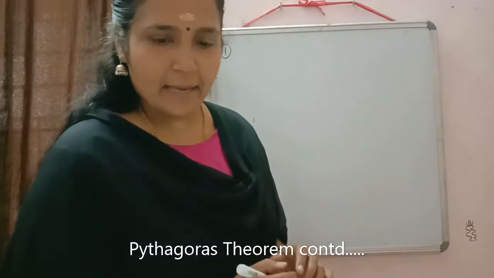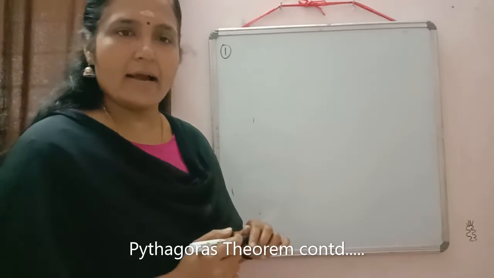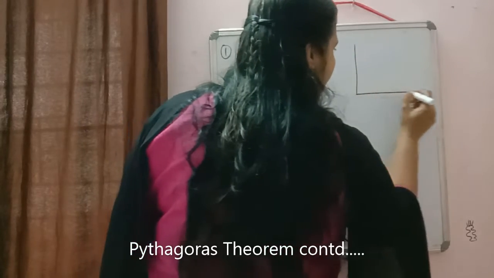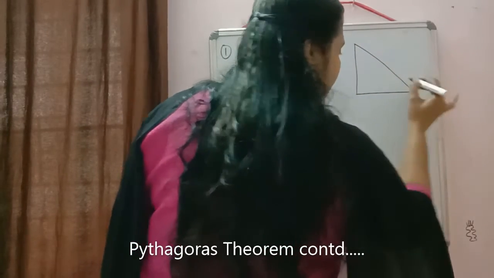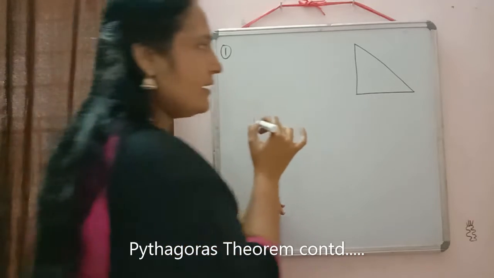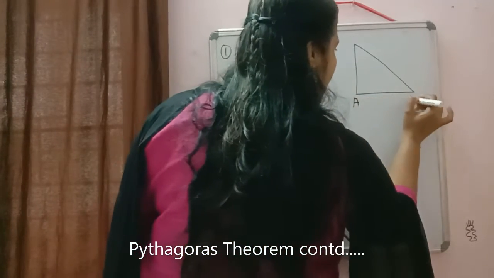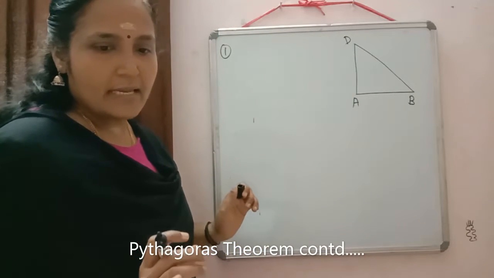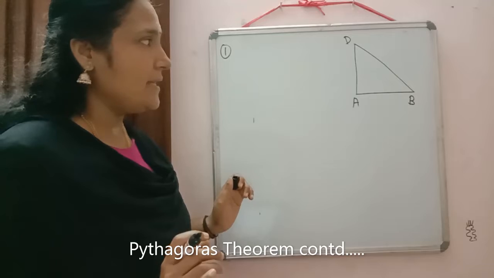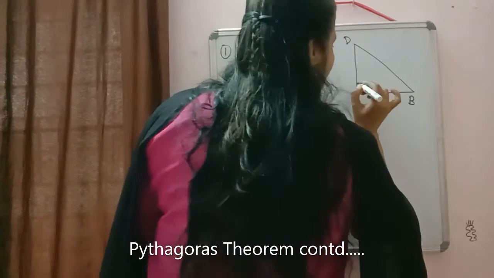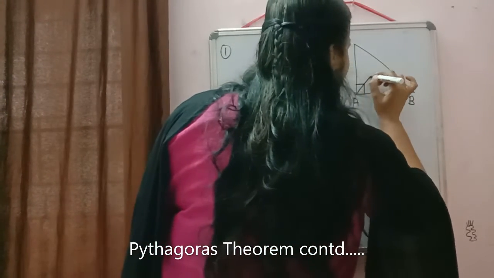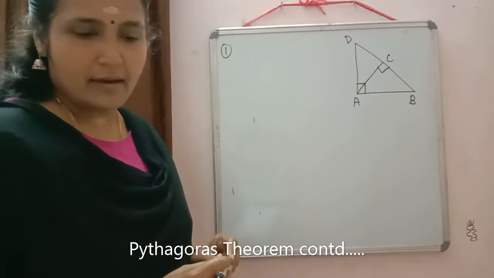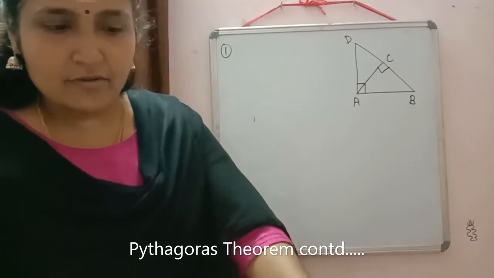Triangle ABD is a triangle right angled at A is given. So first we will draw a right triangle ABD in which angle A is a right angle. So angle A we can mark here. B and D you can mark anywhere. And then what is given? AC perpendicular to BD. So you have to draw AC perpendicular to BD. This condition is given. And then show that, so all proof.